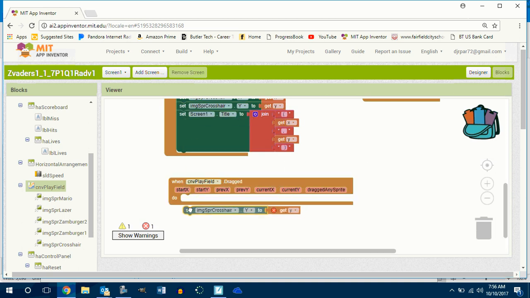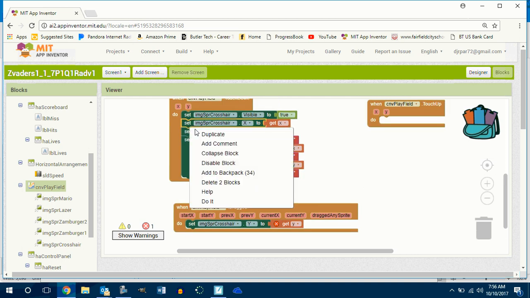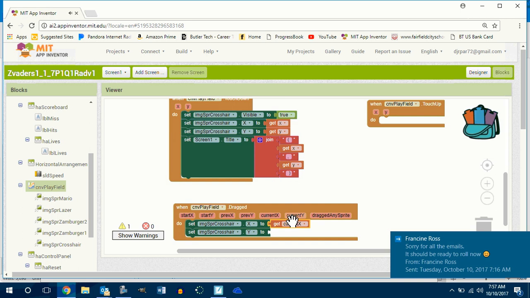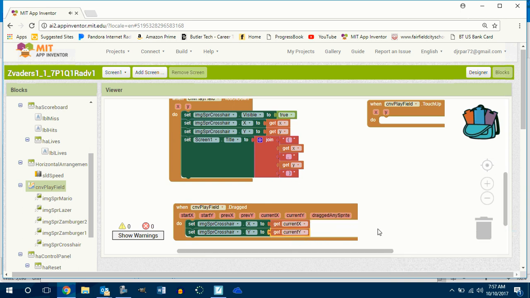Okay, so you want the crosshair X and Y to move with the drag event. So I'm going to go up here and get my crosshair X and Y. Are you with me? It doesn't like these X and Y's because those X and Y's belong to the tap. And then all you're going to do is say, okay, go get my current X and go get my current Y. And now you should have a drag event where that crosshair gets dragged to,